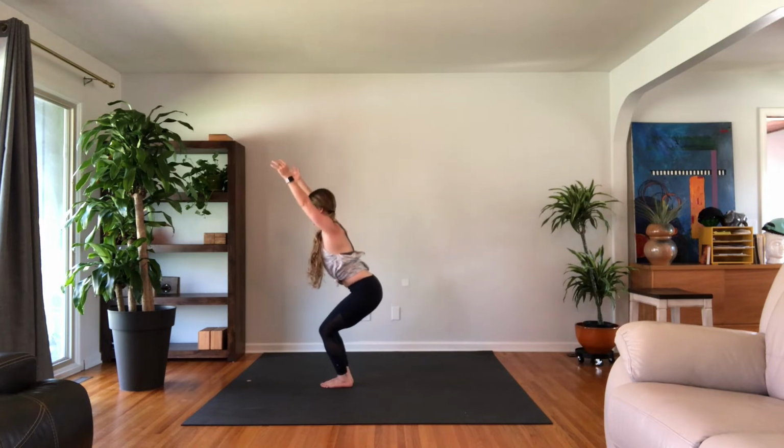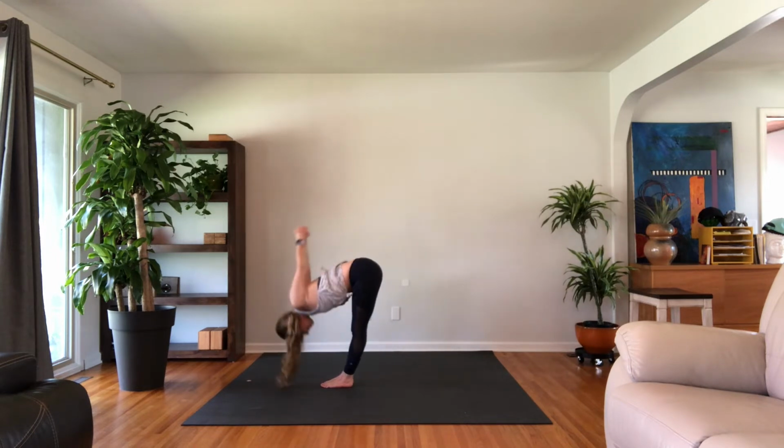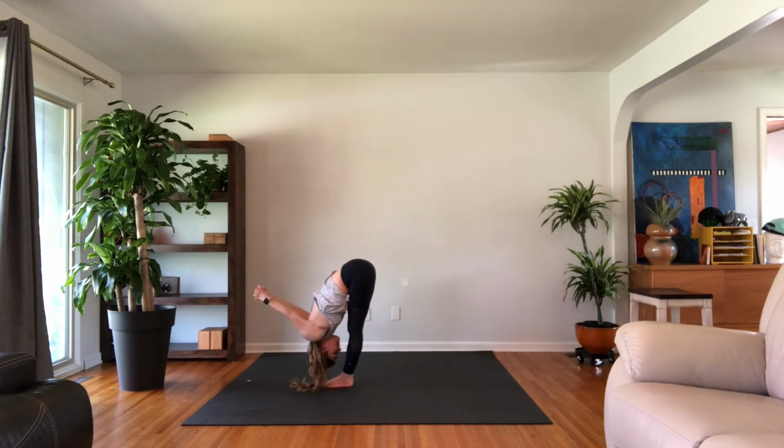Spin the pinkies in, draw the hips back. Interlace the fingers behind the back, puff up the chest. Exhale, hinge and fold forward. See if you can lift the hands off the low back a little bit more. And if you feel like your hands are just locked on your low back, you can always hold on to